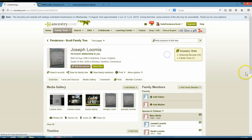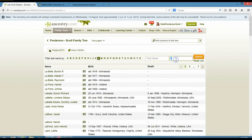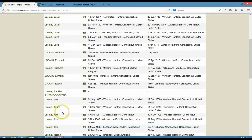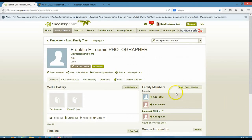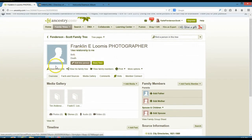So let's go to the list of all people, and we are going to go to L for Loomis. I better type that in, L Loomis. Okay, so let's see if we can connect this photographer. Where did we go? Yeah, Franklin E. Effie Loomis. So we already had them in here. That's the lady with the bun. I'm looking at her picture. And so let's just go back to search records and see if anybody else. Or I could also look on,